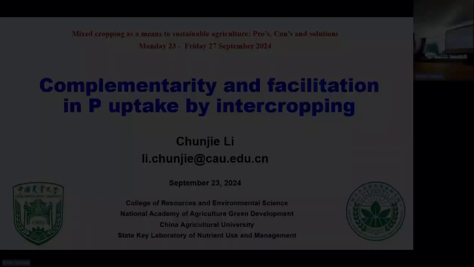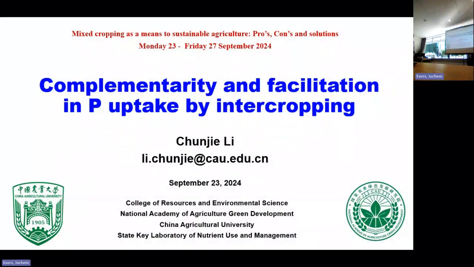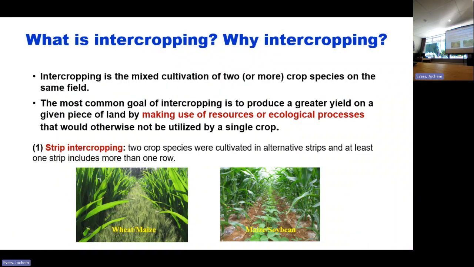Today I will give a talk about the complementarity and facilitation in P uptake by intercropping. Actually, this is also my PhD work, done when I was in Wageningen and CAU. Okay, let's start. First, I want to talk about what intercropping is and why we do and study